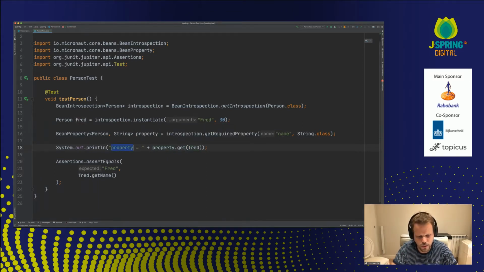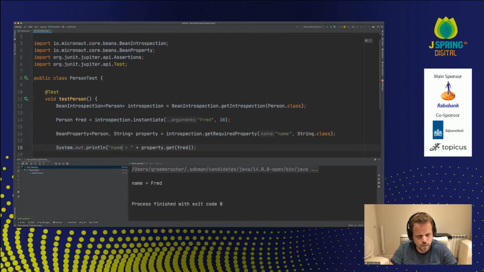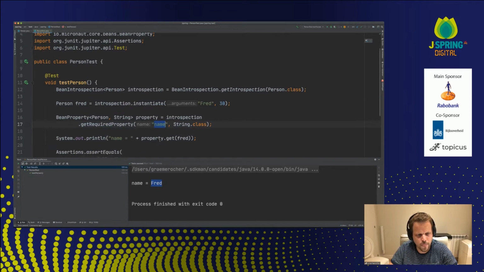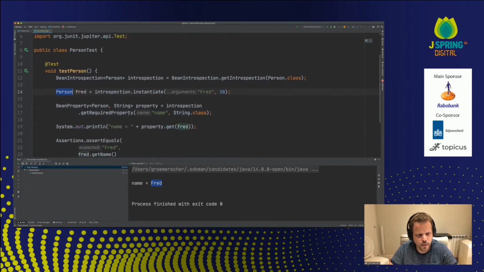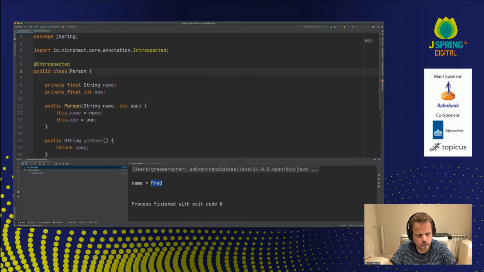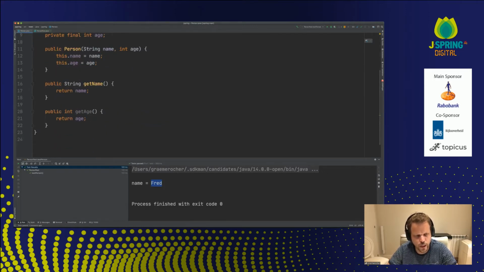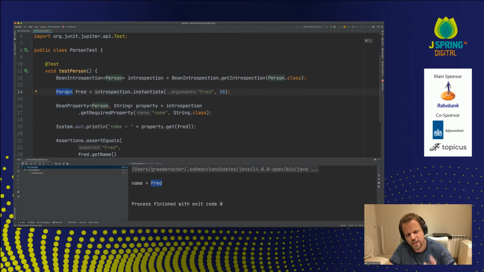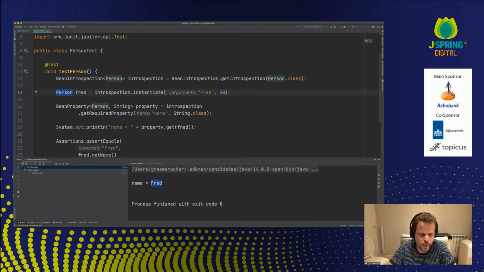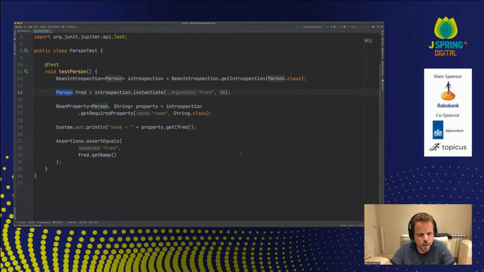And you'll see that when I run this test, name will print out Fred, right? So I'm able to get hold of a reference to the property, in this case name, and call get on the instance of Fred to read the property from the object, right? And it's going to do that completely reflection free. And this is one of the fundamental building blocks that we build on with Micronaut, bean introspections, where everything, reading and writing properties and so forth, and marshalling the person to JSON, is done completely without reflection.